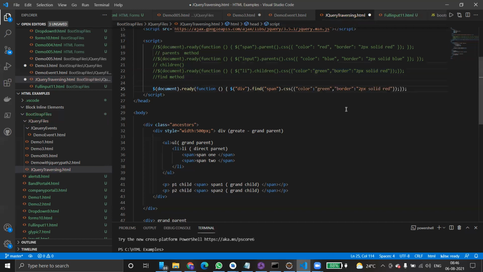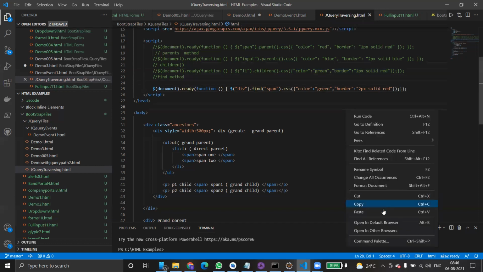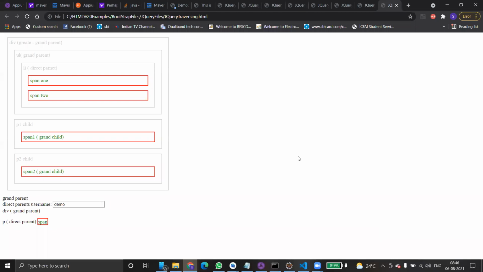Control S. Okay, so this is how it works. It is only applied to the spans under the division. It finds all the span items and then applies it. That's all.